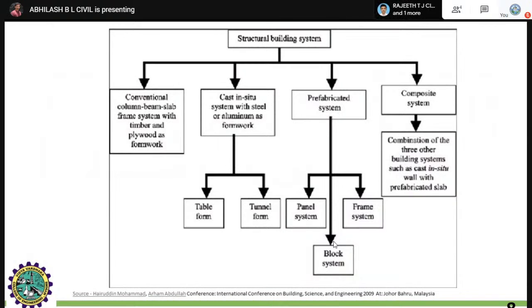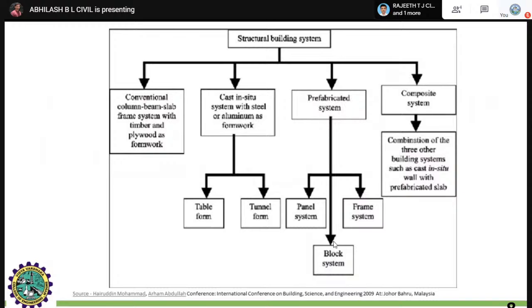That is the panel system, the frame system. This is the overall system. It is called the block system for prefabrication construction. And at the last is the composite system, the combination of the three other building systems such as cast